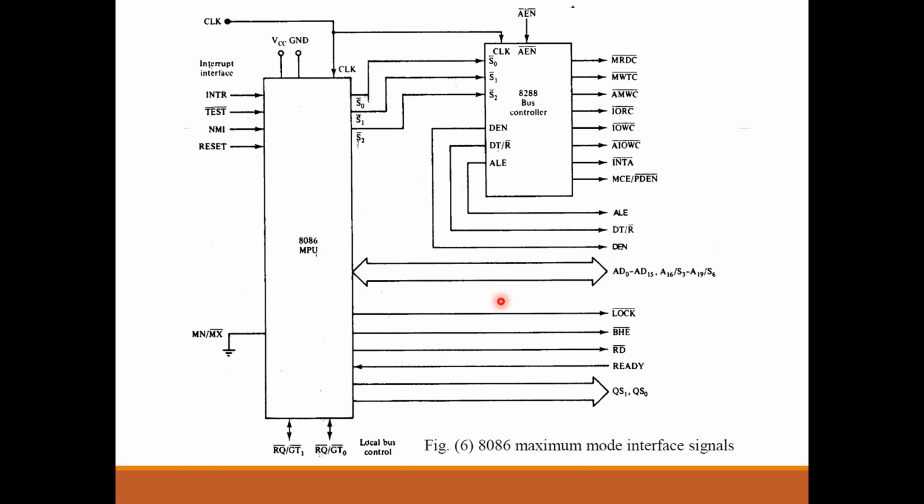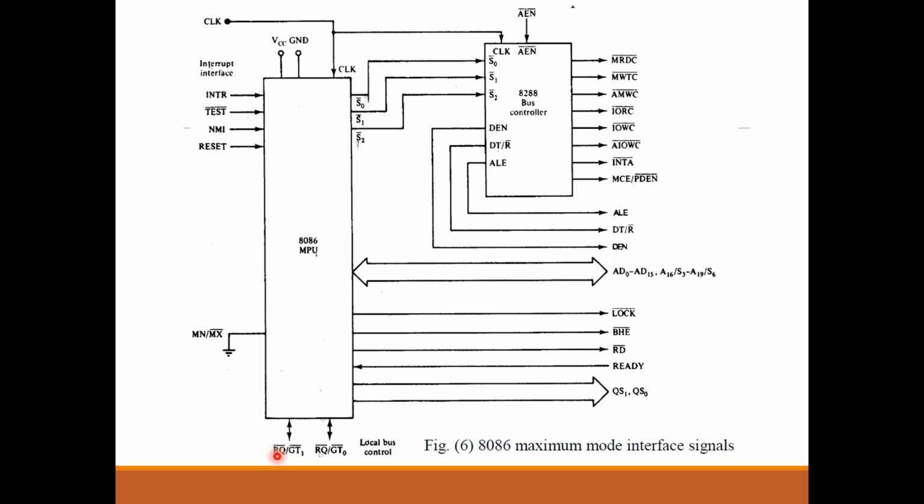And those are the address and the data lines and bus high enable. They are performing the same functionality, or they are common in both cases. They are used for the same functionality whenever the microprocessor is configured in the minimum mode or in the maximum mode. And those pins which are used, for example, whenever the other microprocessor wants to control the buses, they are